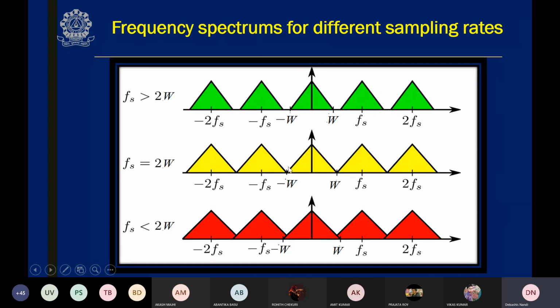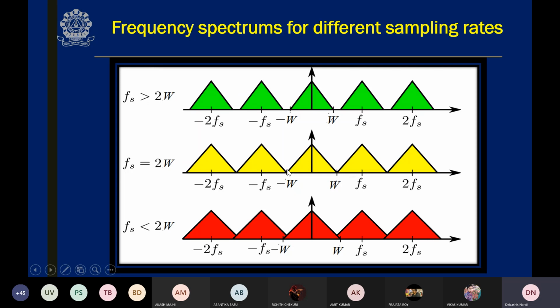But in the second case, Fs is equal to twice W. This is W and this is also W, and this point is Fs. That means W plus W is equal to Fs. In this case, the lowest frequency component of the next band just touches the highest frequency component of the first band. It touches like this. Here also it touches. Then also it is possible to design